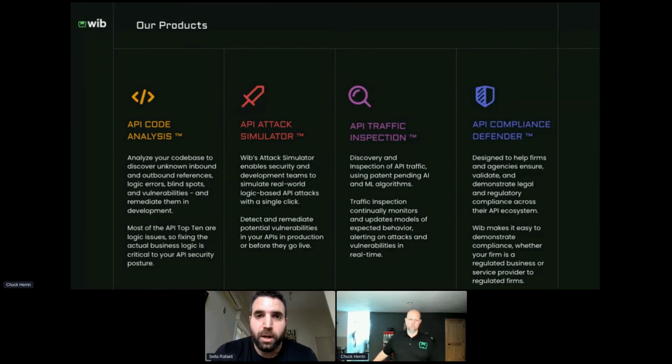And installing such a tool gives you a relatively very high level of defense for your API security, because it knows how to automatically detect incoming attacks and can integrate with your WAF or API gateway to block them. So traffic inspection is our production leg that we stand on to defend our system in production. Beyond analyzing and finding the vulnerabilities during development and testing, we want to make sure we're defended so we can sleep well at night. So these are our three tools. Chuck, do you want to say something?